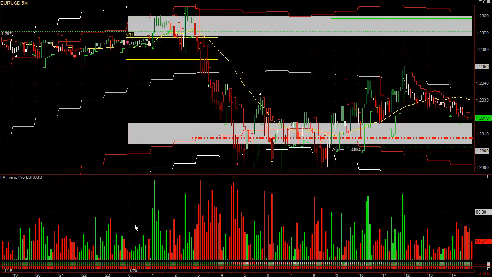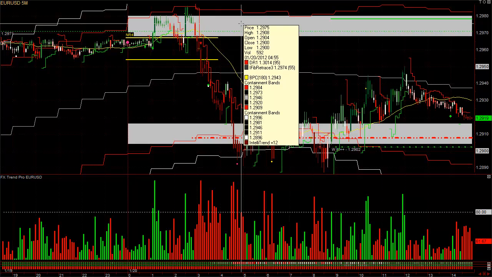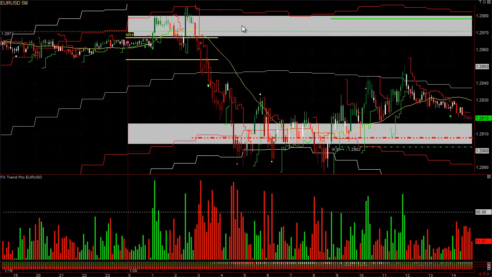This also displays my Fibonacci retracement areas, which, as you can see on this chart, show up as light gray areas. The exact fib area is in the exact middle of this little zone. But fibs generally come within a few pips of it, or they overshoot it by a few pips, so I add padding above and below that, and it also makes it easier to spot on your chart. These act as support resistance. If it's above price, it acts as resistance, there's selling there, and if it's below price, it acts as support,